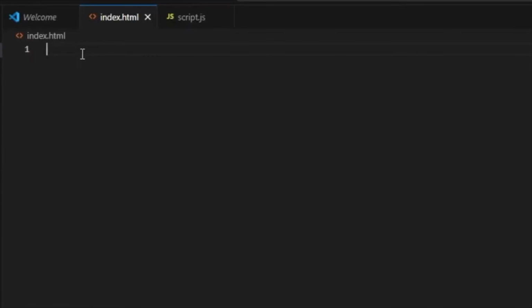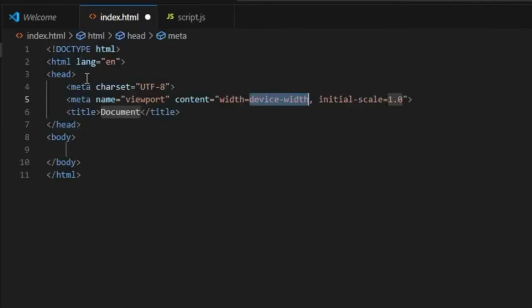You can now write a basic structure for your HTML file, and we can do that by using a shortcut, which is typing out the exclamation mark and hitting enter. As you can see, it has created a basic structure of our HTML file, and you can change some details here. I'm going to title our HTML file JavaScript,